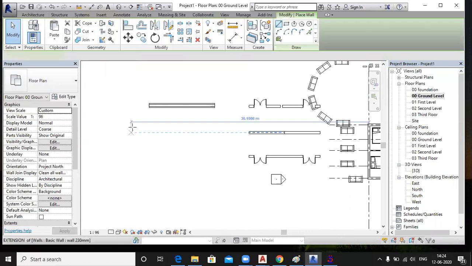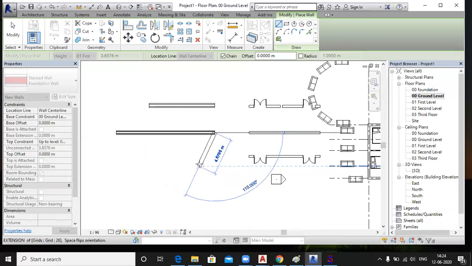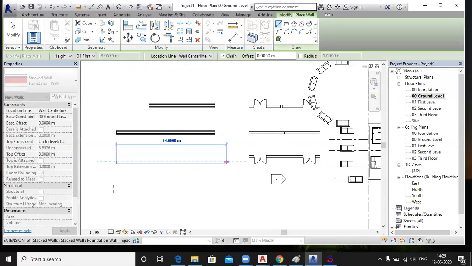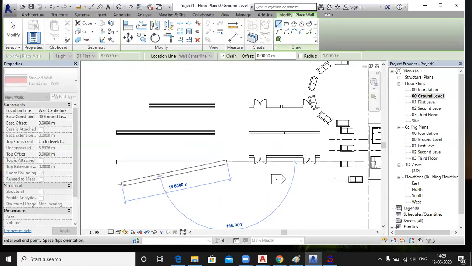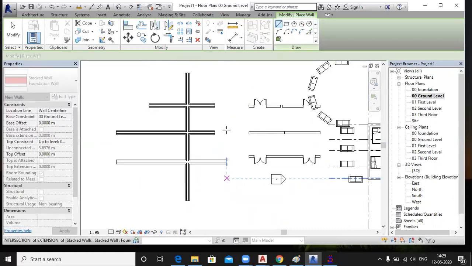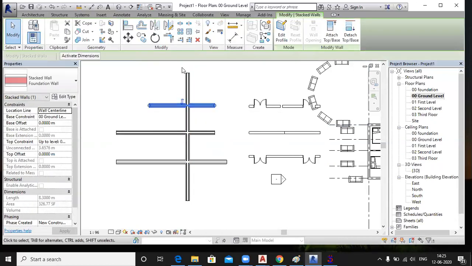Which command? Trim command. Like this, you have drawn some walls, right? Just like this and like this. If you want to remove this extra wall, yes? Yes, sir. If you want to remove these extra 2 lines, you just click on the wall and select